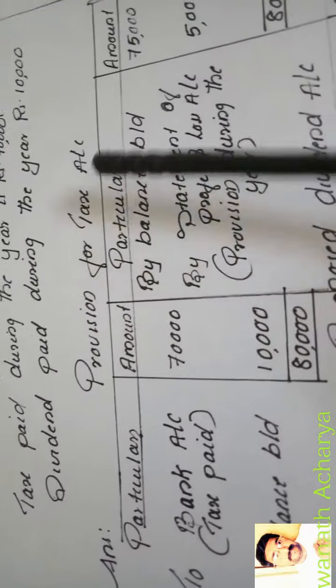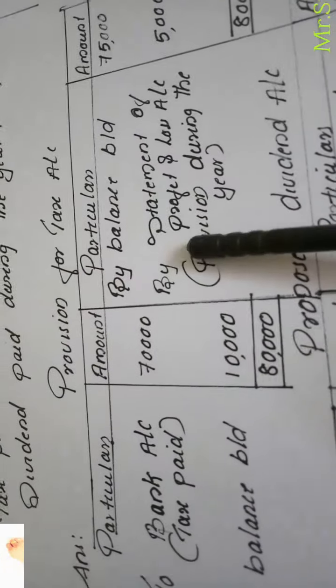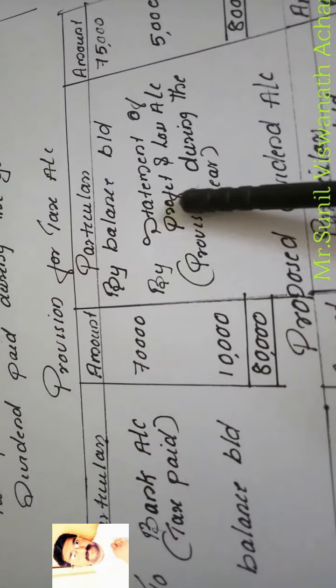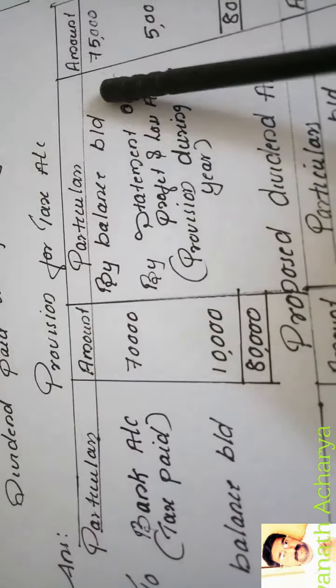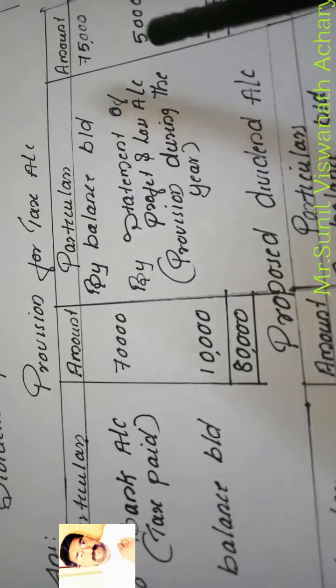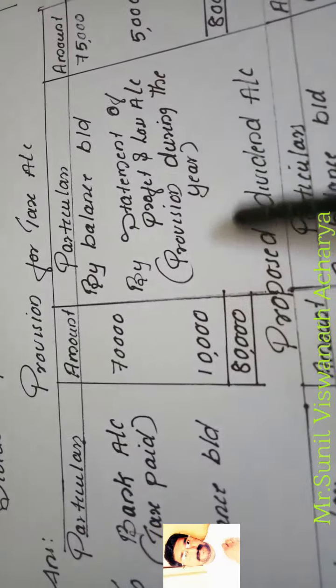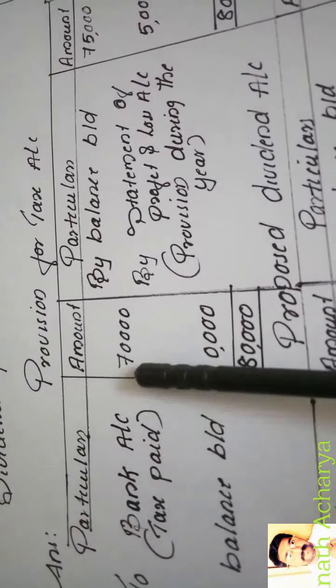Always remember, in the provision for tax account only these 4 items will come. Any 3 items given, the difference will be the missing item. Sometimes these 3 items are given, and the difference will be the provision for tax of the current year. Sometimes the provision for tax of the current year is given, and then the missing item will be the tax paid. Okay, now